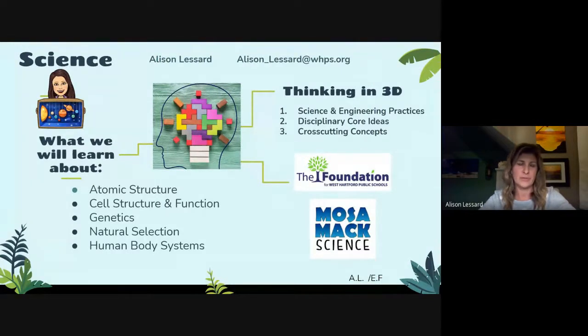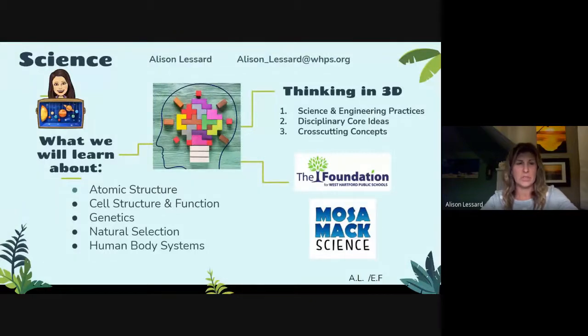So for example, our first unit, we began discussing what they had learned in terms of math in 6th grade. And then that led us into looking at atoms. So it was a nice connection to take what they already know and then build on that. I know they also learn about biomes and adaptations. That flows very nicely into our unit on natural selection. So there is a lot of nice scaffolding that can take place. And I find kids connect and feel successful when they already have prior knowledge going in. So I really try to build on that.